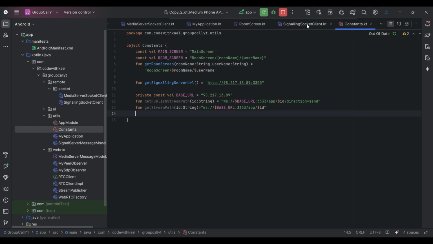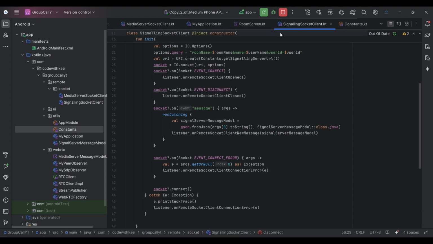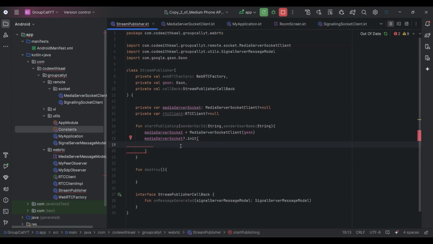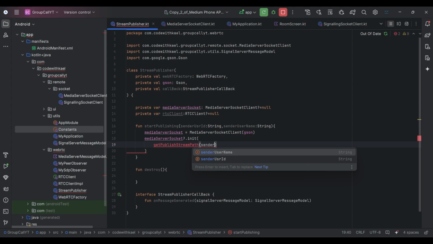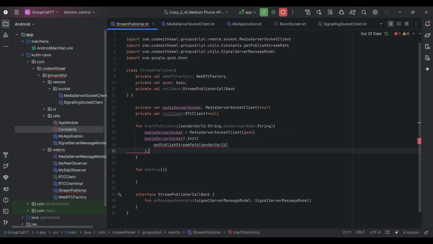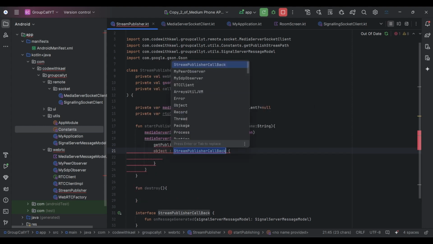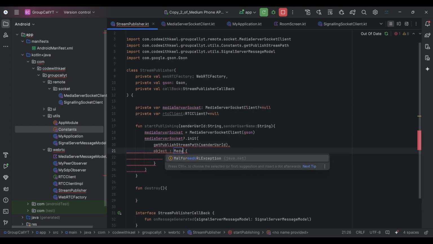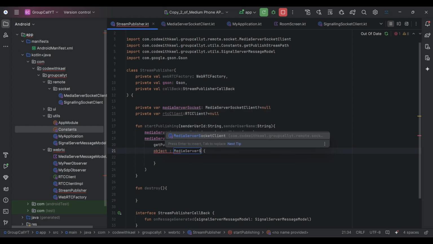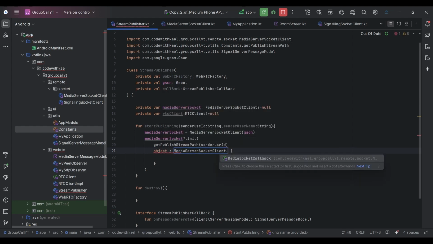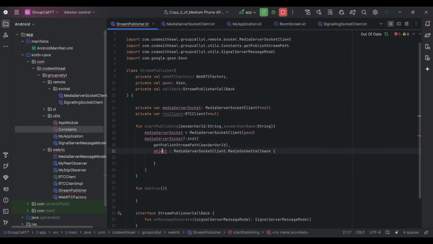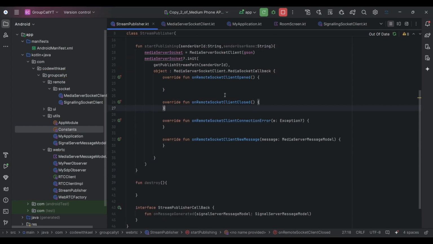Let's go ahead and use these functions inside our StreamPublisher class right here. So I'll use the publish stream path and pass the sender user ID to it. Let's import this one. And for the callback, we will anonymously use the MediaServerSocketClient's MediaSocketCallback. So let's implement the members. So right here,